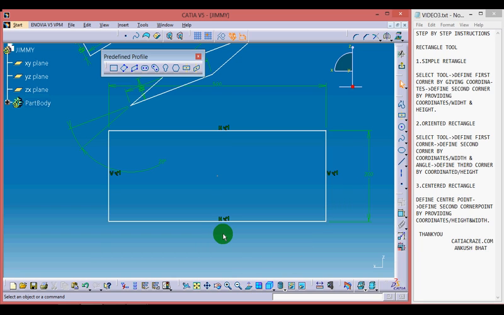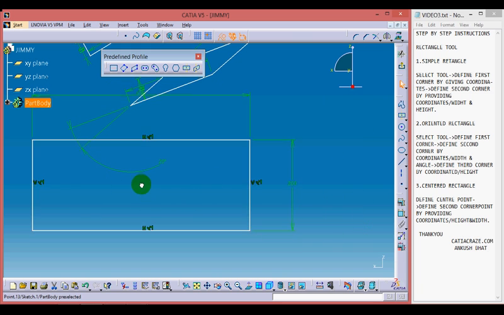Now the advantage of the centered rectangle is that we can drag this rectangle by holding the center point of this rectangle and taking it to the